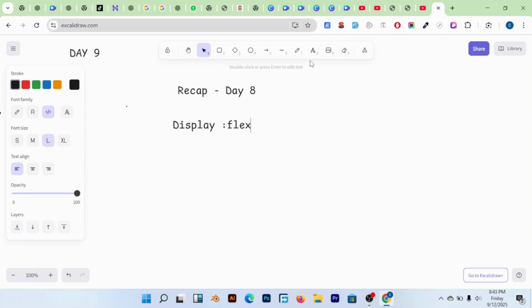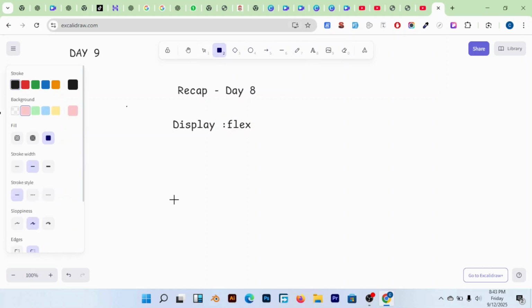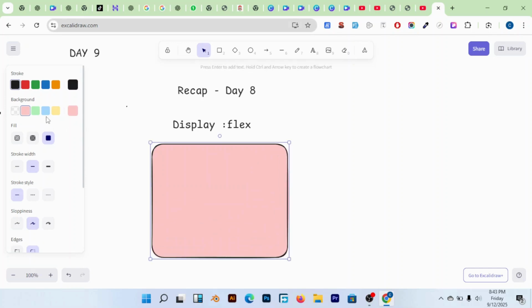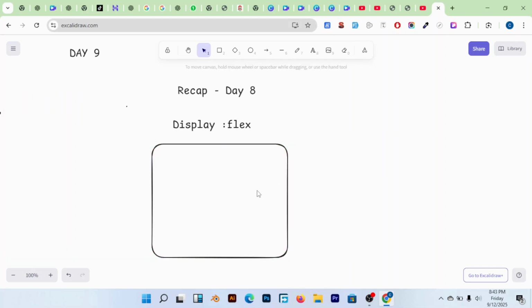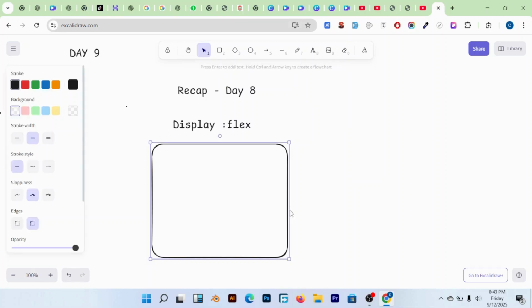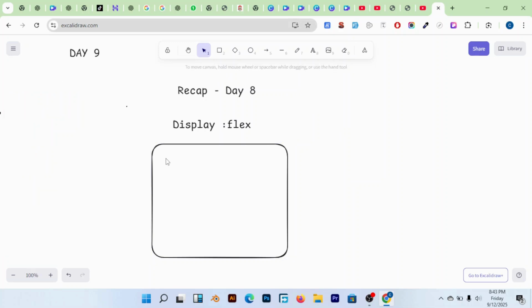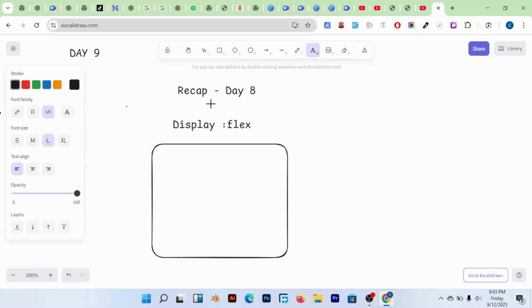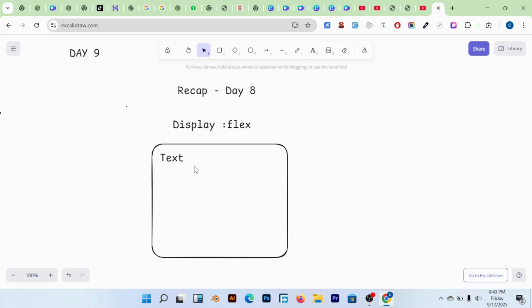Display flex where we had, for example, a square like this one, as you see it here. Maybe make it white. We had a square like the one you see here, and this square, when we have some text inside it, let me just put a word like text. Normally it just aligns itself like this, but now if we want to bring this text to the center here,